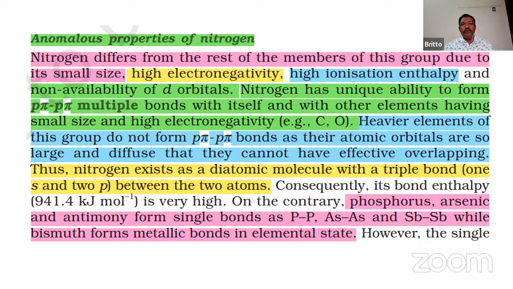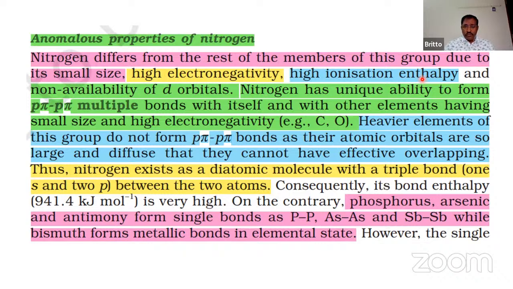Heavier elements as we go down do not have this property. Nitrogen, phosphorus, arsenic, antimony, bismuth. Phosphorus can form double bonds. When you go to arsenic, it can form them to a little extent. Antimony and bismuth do not form p-pi bonds because the atomic orbitals and the p orbitals in these elements